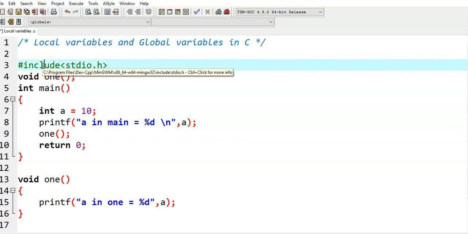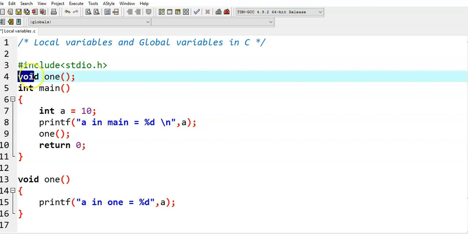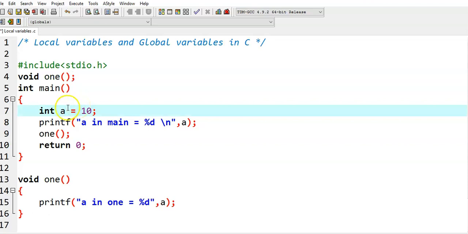In this video, we discuss local variables and global variables in C language. First we see about local variables. In this program, I have written a user-defined function one. Its return type is void and it is not taking any arguments. And in the main function, I have declared a variable a with value 10 and then I am printing a